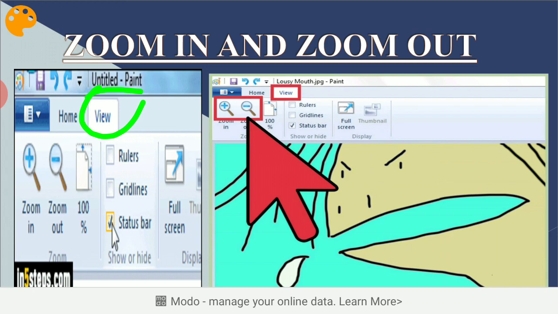Click on zoom in to increase the zoom level. Where is zoom in? Yes, plus sign indicates zoom in, and minus sign is indicating zoom out. Okay, and click on 100% to see the actual size of the image. The image appears according to the option you have selected. Okay, so in this example we have chosen zoom in option.